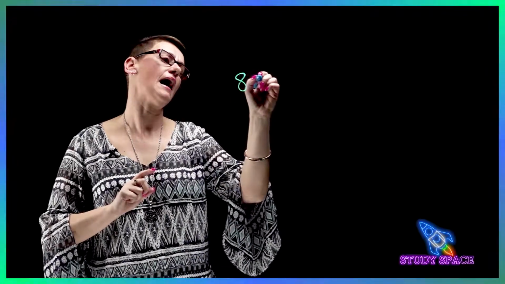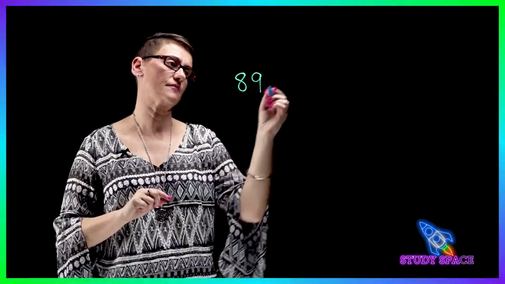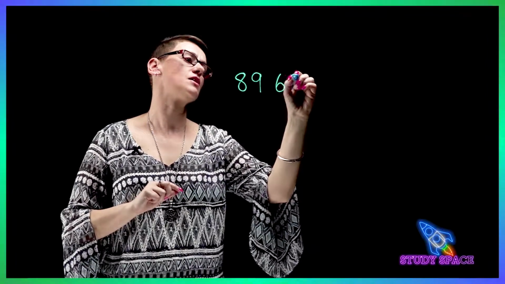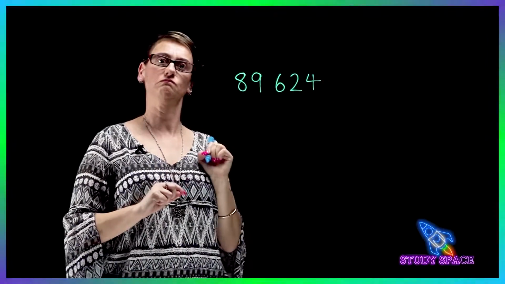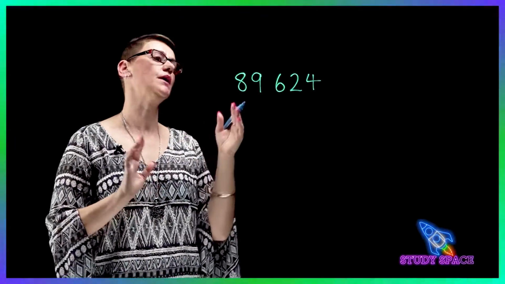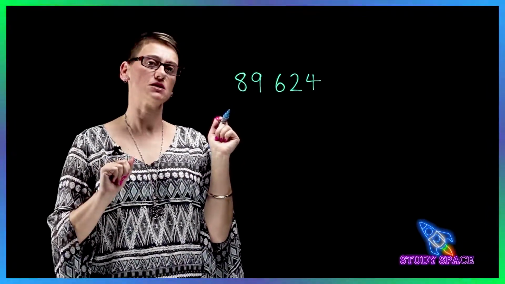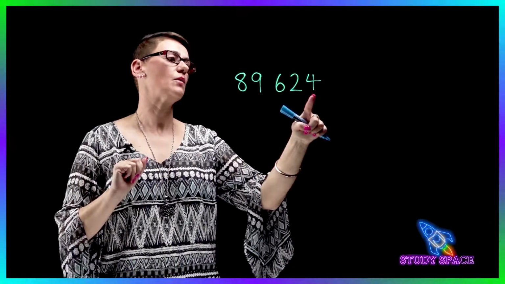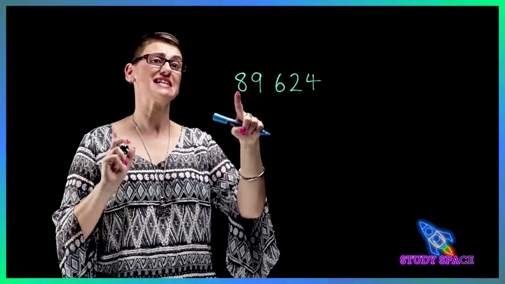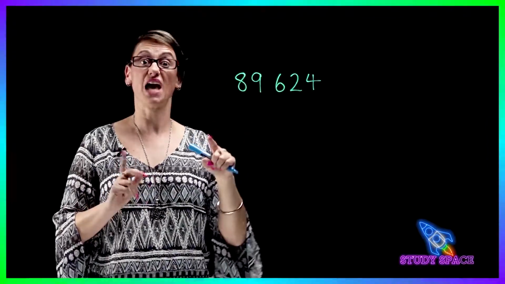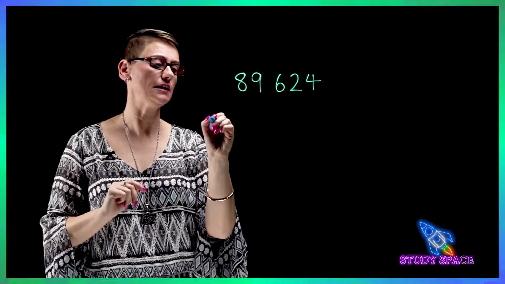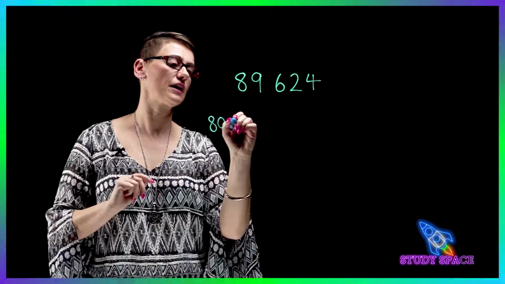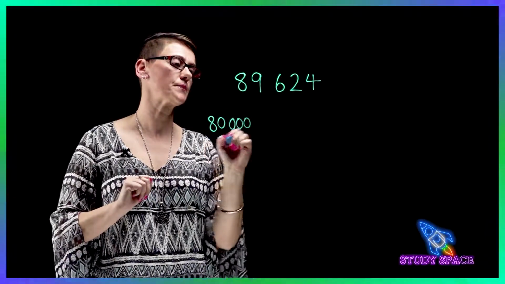Okay, let's have a look at our last example, boys and girls. Let's make it a little bit harder, shall we? Okay, so let's have a look. Our number is 89,624. Let's try that. Okay, so putting this into expanded notation. So ones, tens, hundreds, thousands, tens of thousands. So this 8 is worth 80. Again, so we need to write the 80, leaving a little bit of a gap and the 3 zeros, plus